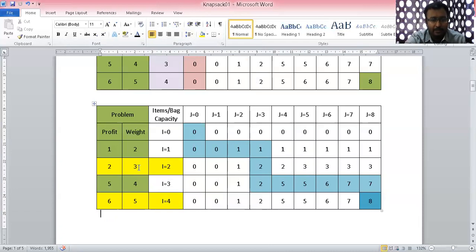So I have followed my first constraint, which is not to exceed my bag capacity. Plus the profit comes out to be 6 plus 2, that is 8. And also I have achieved my maximum profit, that is 8. This is the concept of the tabulation method of solving the Knapsack 0/1